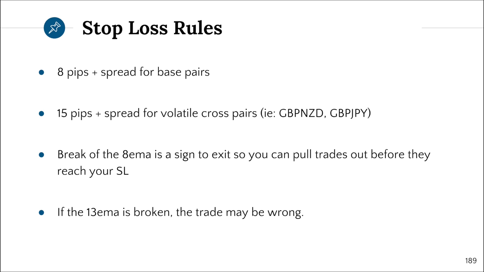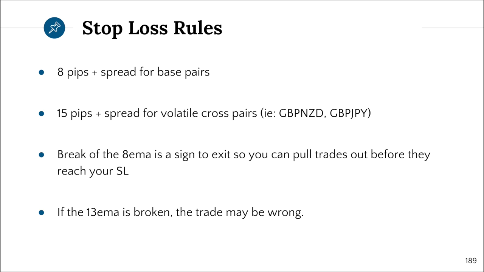One of the stop losses that I've been using a lot lately is a break of the 8 EMA, because my trading over the last 3 years has become very picky, and because of that, I'm finding myself losing less and less trades. So when I do see a breakdown of the 8 EMA, meaning if we're in an uptrend and price is moving higher and higher and higher, and then we get a pullback and it closes underneath that 8 EMA, I'll either close all of the position, move my stop loss into profit, or close some of the position,